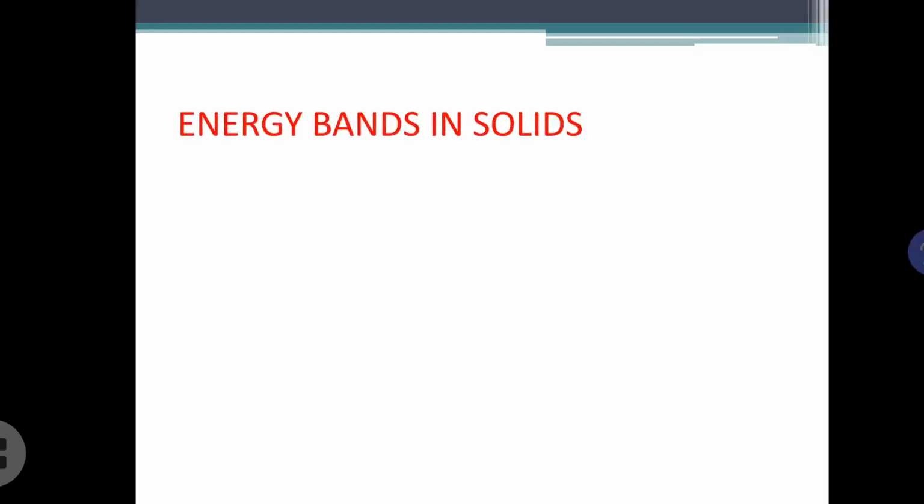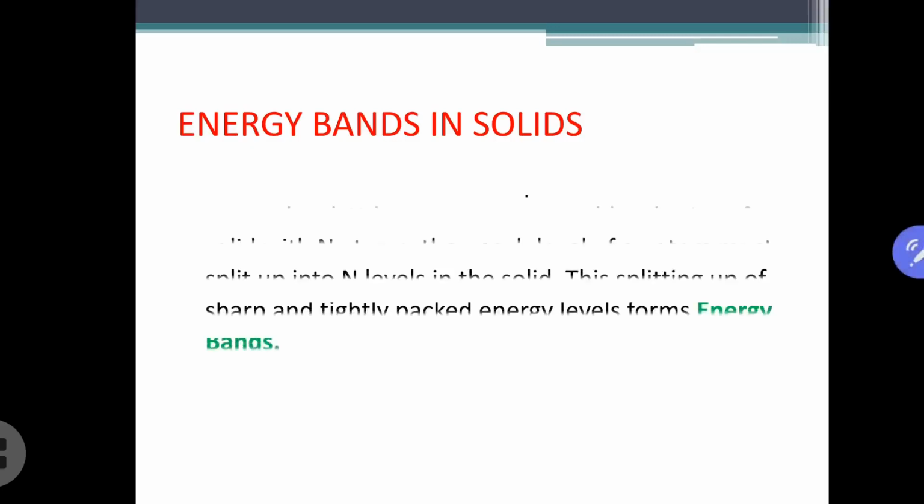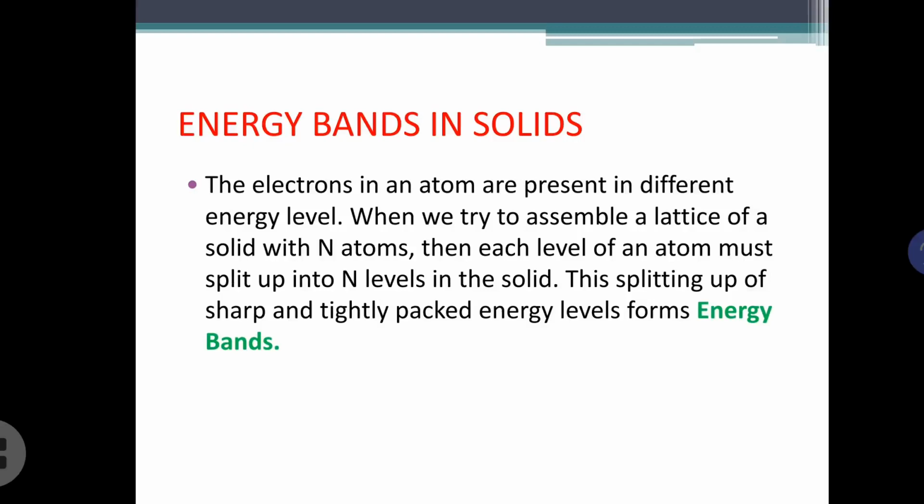Now, before going into detail about the basic concepts of semiconductors, let us have a look at the energy bands in solids. That means you know that in every atom, the electrons will be present in certain specific stable orbits, energy levels. But if this atom comes near another atom, that means if a crystal is formed which contains a large number of atoms,